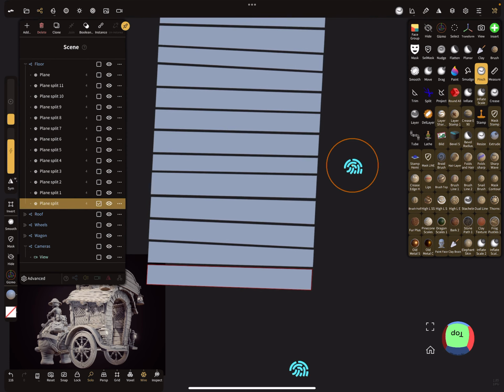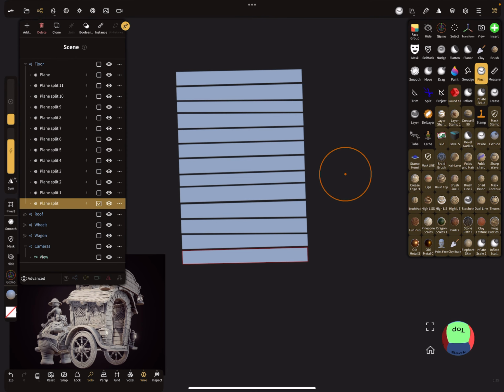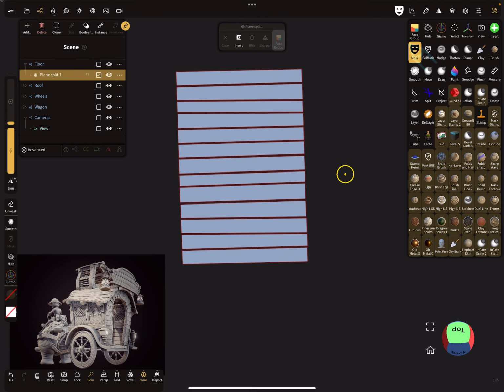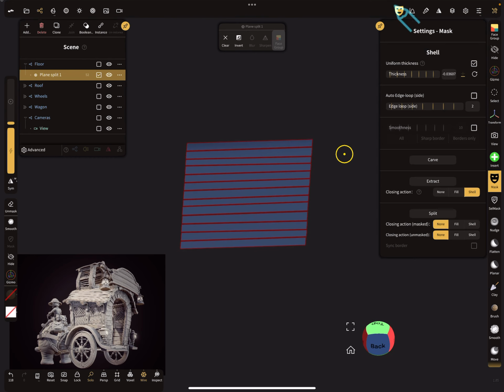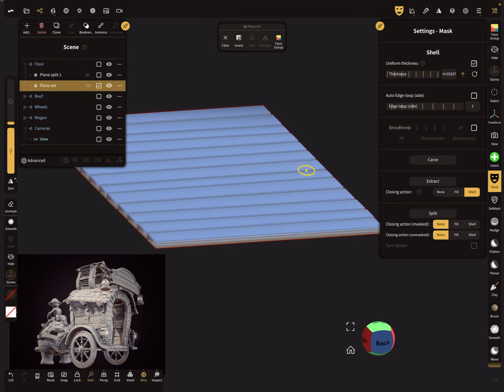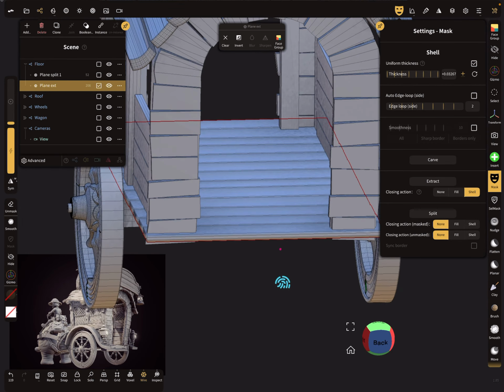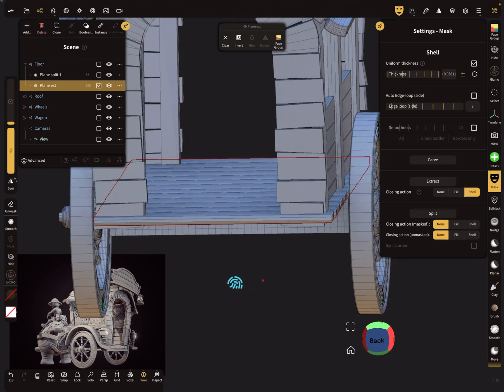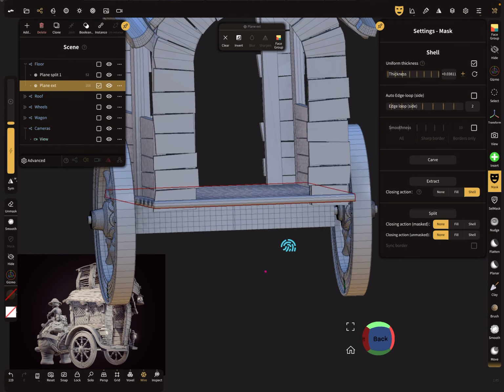So my boards are okay. So join it and mask and extract the mask. Little bit more. Something like this here.